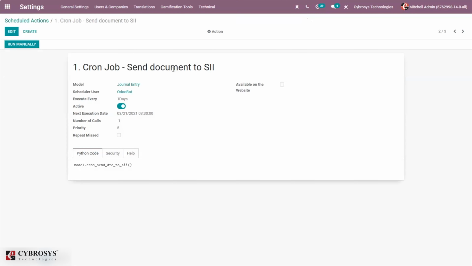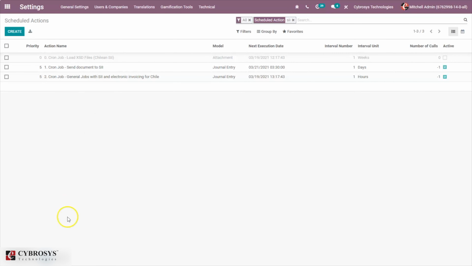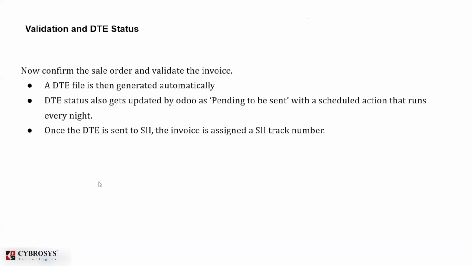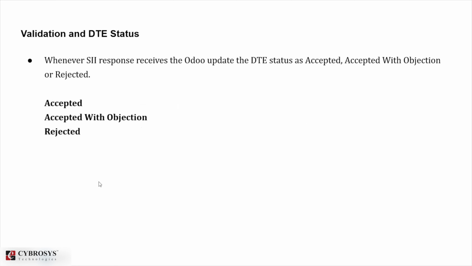So you can forcefully run it from here in order to get an immediate response from SII. Once the DTE is sent to SII, the invoice is assigned a SII track number. Using this, one can check the details sent by SII by email, and the DTE status is updated to ask for status. Whenever the SII response is received, Odoo updates the DTE status as accepted, accepted with objection,